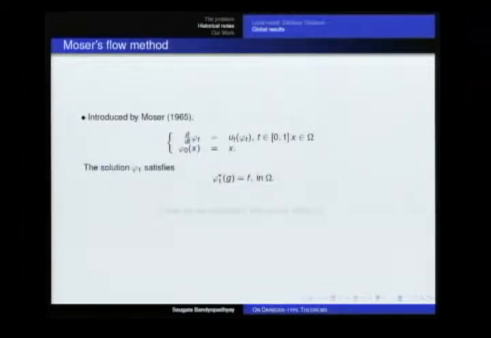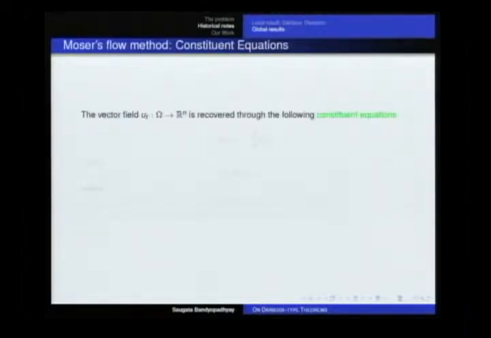Therefore, the question that arises at this point is how do we construct the vector field u_t? This vector field u_t is recovered by two fundamental equations, which we refer to as the constitutive equations. Let us see what the equations look like. First, d alpha_t is equal to minus d/dt of h_t, where h_t is a closed non-degenerate homotopy between f and g, and then i_{u_t} h_t is equal to alpha_t, where i_{u_t} is the interior